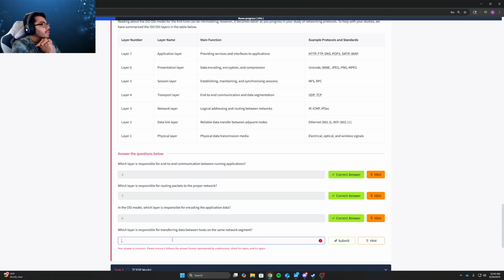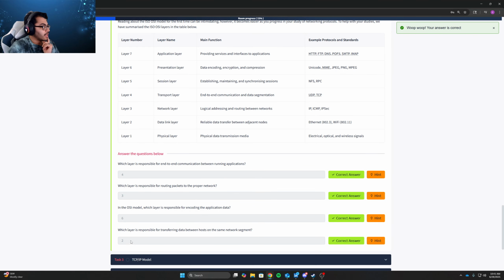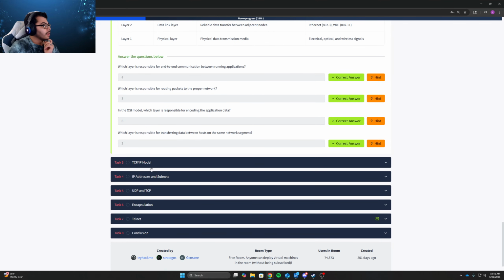Which layer is responsible for transferring data between hosts on the same network segment? Hmm, I put 5 and it didn't go. No. So it's not 5, it's not 7. 2? Interesting way of wording that question. Maybe I didn't understand it. Transferring data between hosts. Oh, I guess live data transfer. Fair enough. Okay,